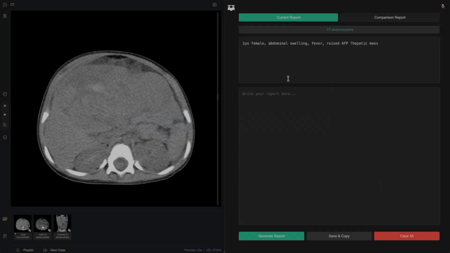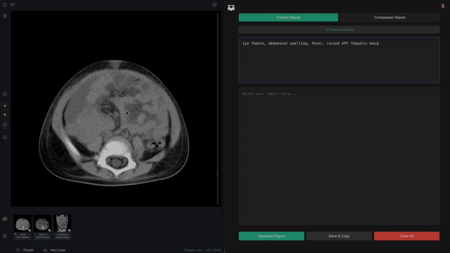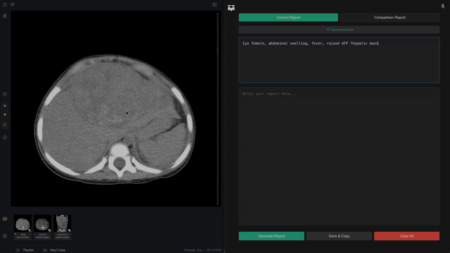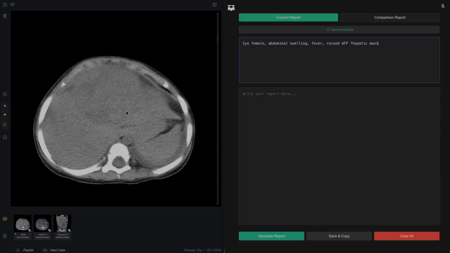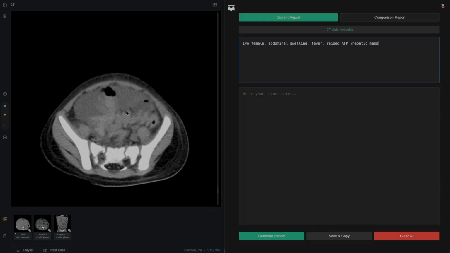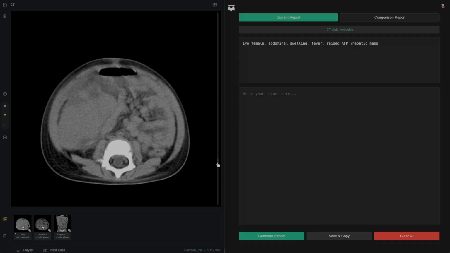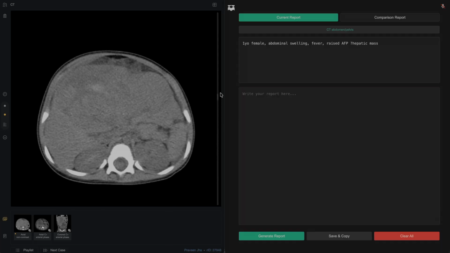For this next case, we have a CT abdomen pelvis for a 1-year-old female patient presenting with a history of abdominal swelling, fever, and blood tests have revealed a raised AFP. The clinicians are wondering whether there's a hepatic mass. And as we scroll through these images, these are non-contrast images initially, we can see that there is a really